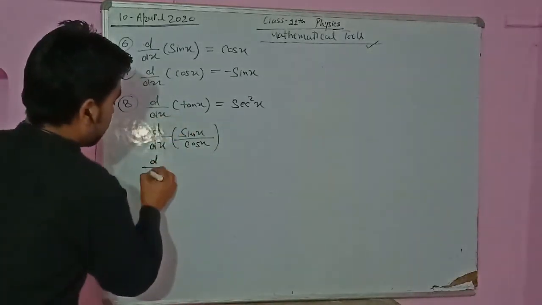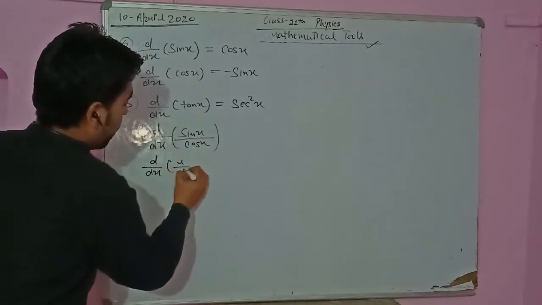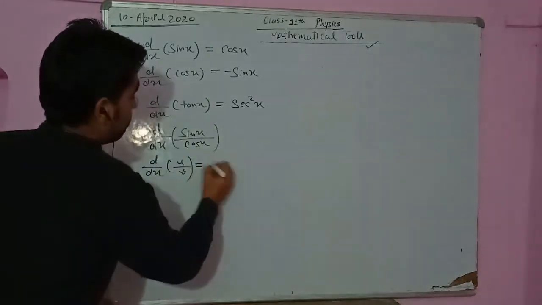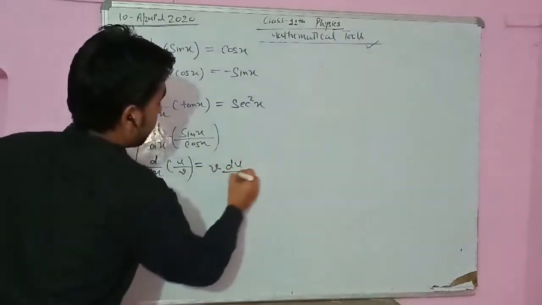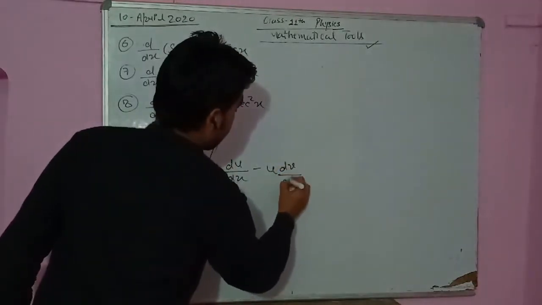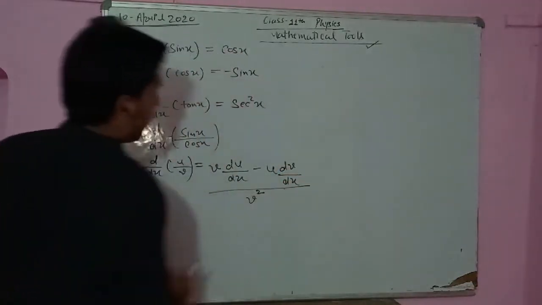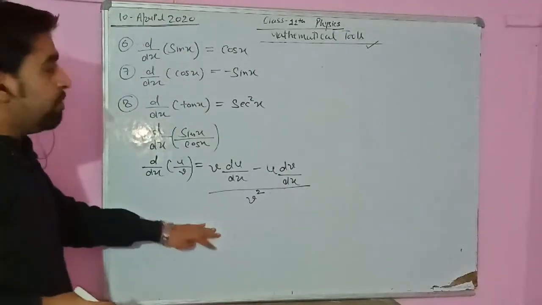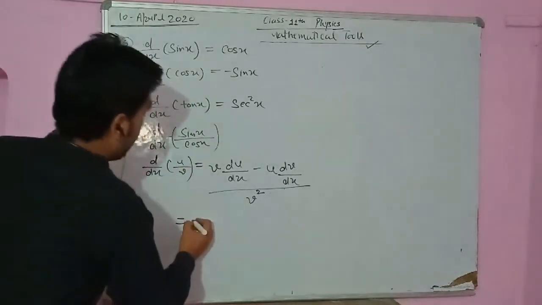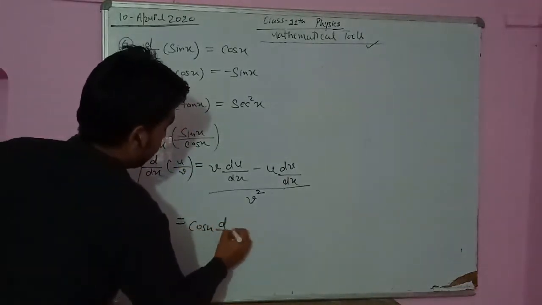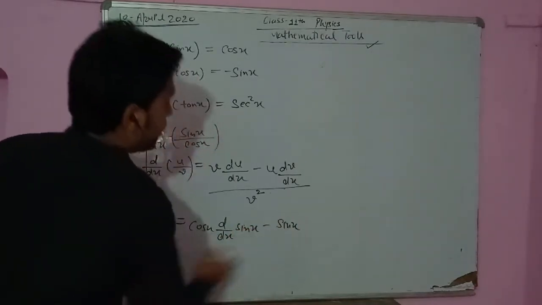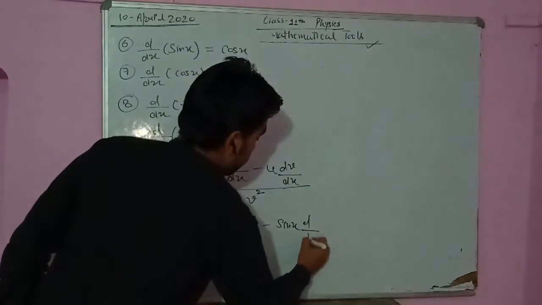Right now I have told you one identity: if the function is in the form of numerator upon denominator, we write the denominator times the differentiation of the numerator, minus the numerator times the differentiation of the denominator, divided by denominator square. So the same identity we are going to apply here. First we write the denominator, differentiation of numerator, minus numerator, differentiation of denominator,